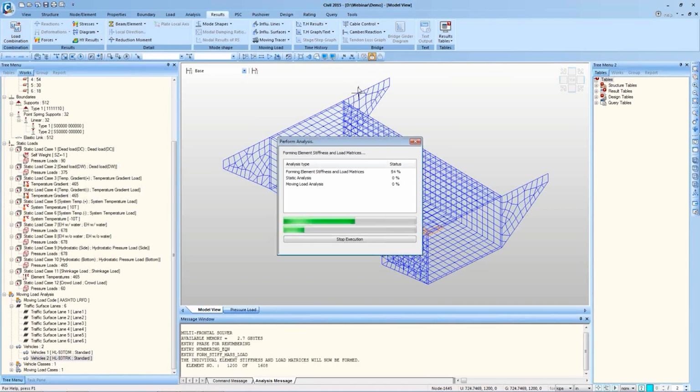For analysis, Midas Civil supports 64-bit operating system supporting solver. That enhances the speed quite a lot because of no memory usage limitation. So larger the RAM you have, faster is the speed of analysis. Also, Midas Civil supports GPU accelerator, which can further enhance the speed of analysis by 3 to 5 times.